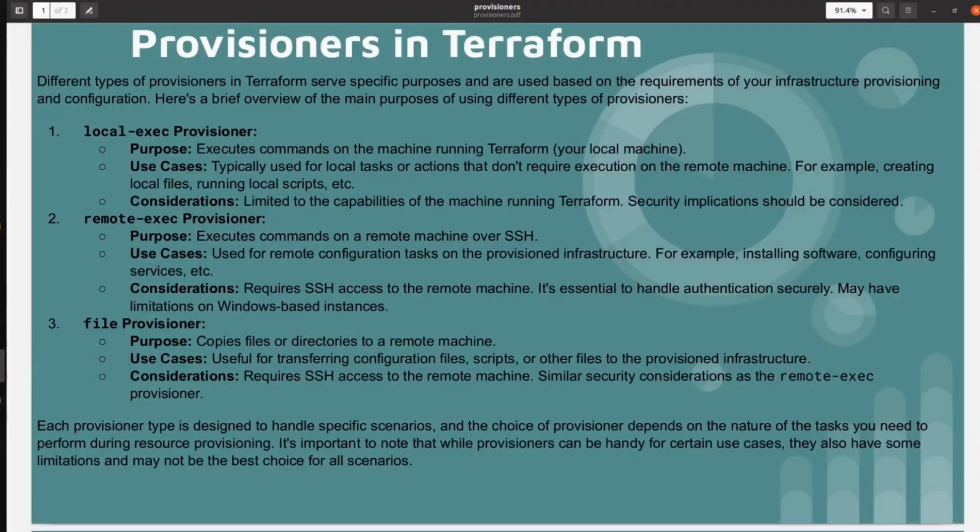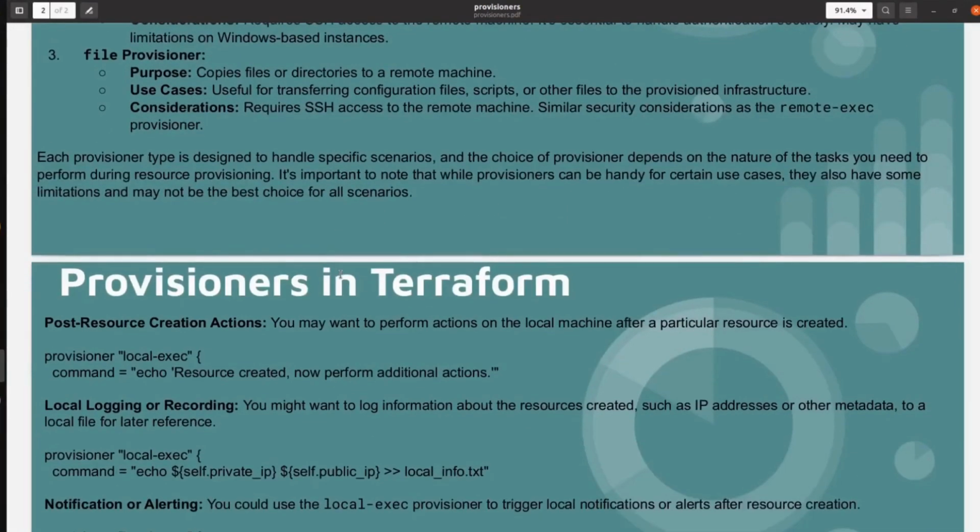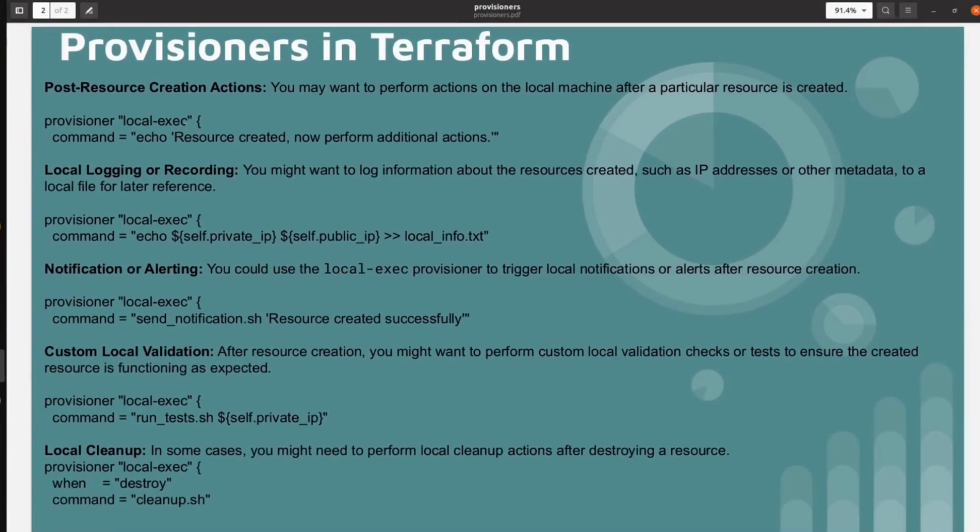So let's go back to the documentation that I have created. I have created some main use cases of local-exec provisioners. The first one is post resource creation action. You might want to perform an action on the local machine after a particular resource is created, so we have to use provisioners.